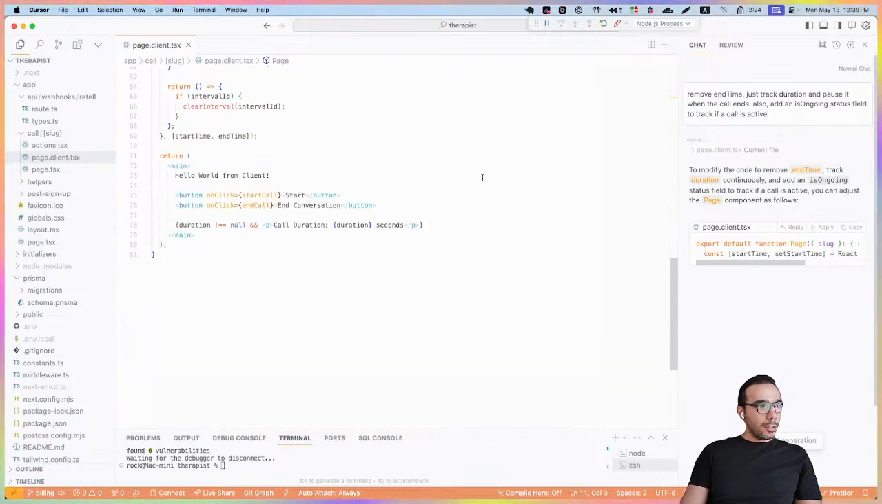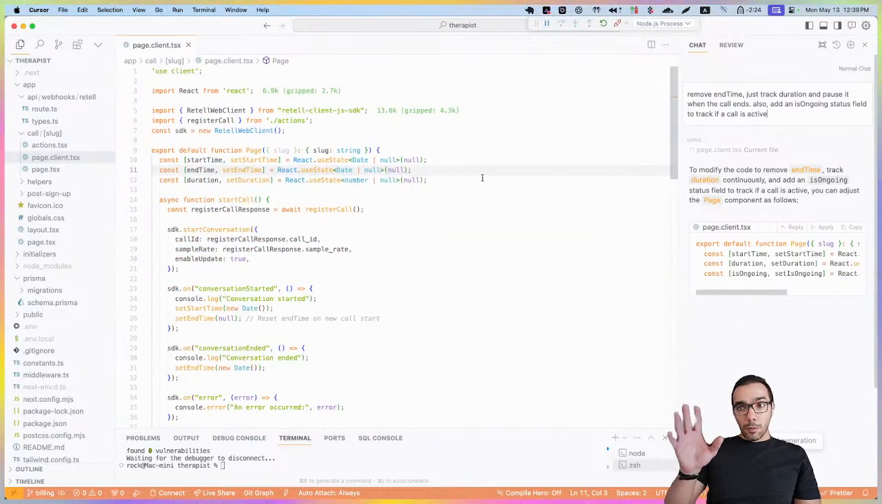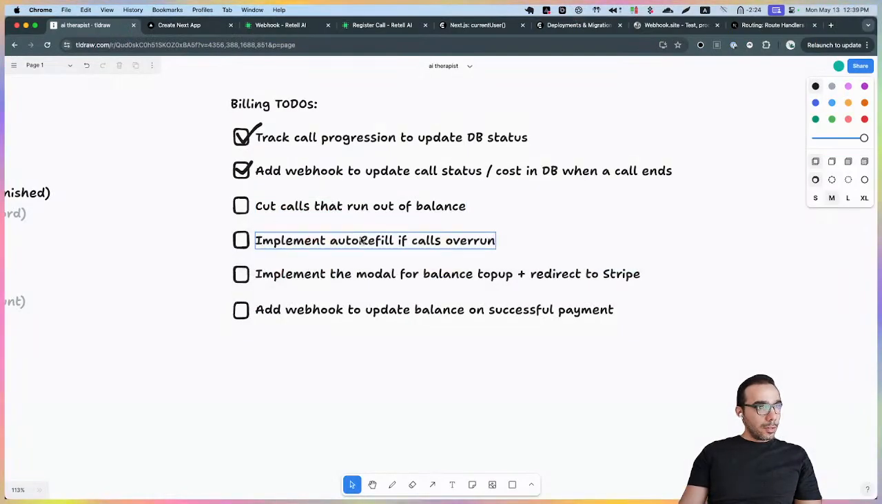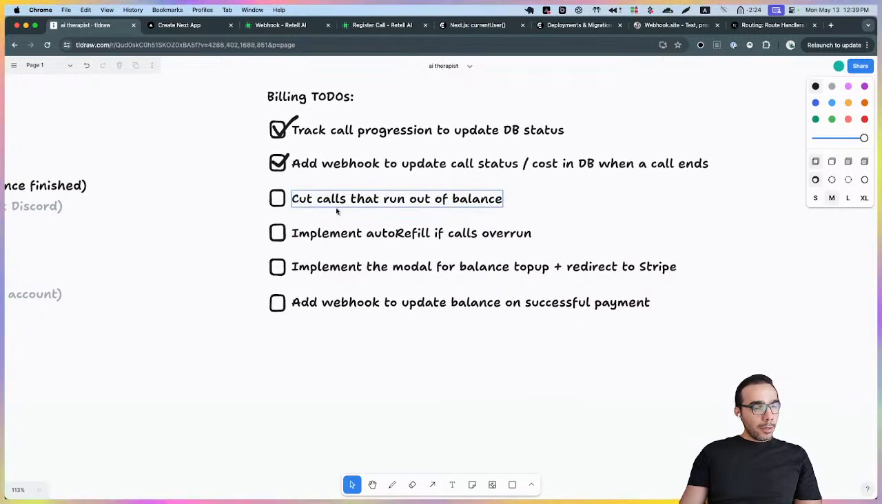All right, let's see if we can manage that without me having to dive into that myself. Cut calls that run out of bounds. So we need to run a check maybe every minute to see if the balance has already run out. So we would retrieve the latest balance for the user, and then we would check to see